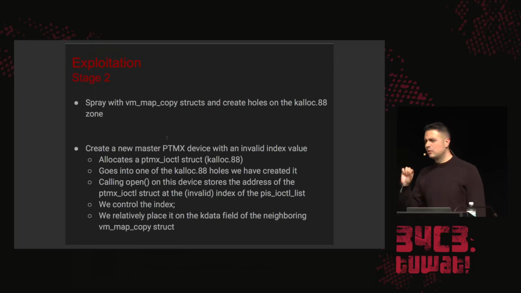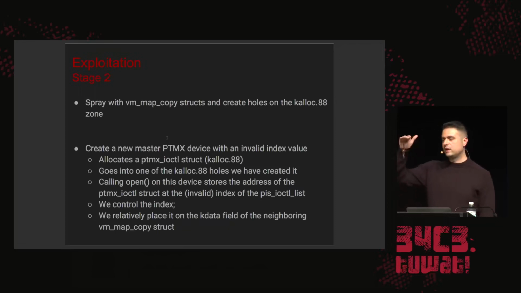Remember that when you trigger the bug, a PTMX IOCTL struct is allocated, and this goes to calloc88. But because on calloc88 I have created this pattern of used and free slots, it goes into one of the free slots. So now I have a PTMX IOCTL struct in one of my free slots. I don't know where that is, but I know that it falls into the pattern, right? So I trigger the bug, and